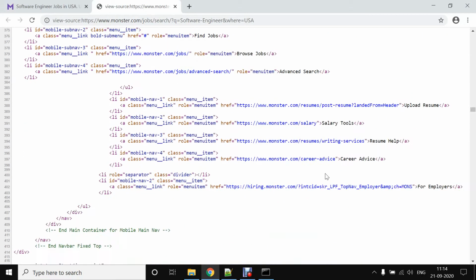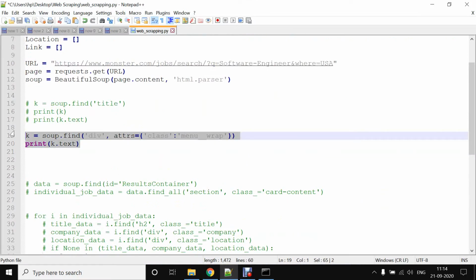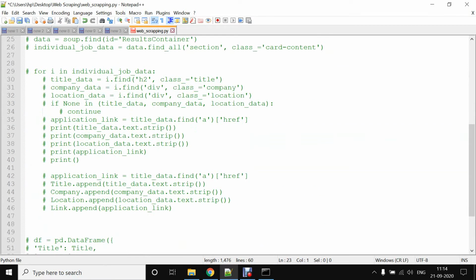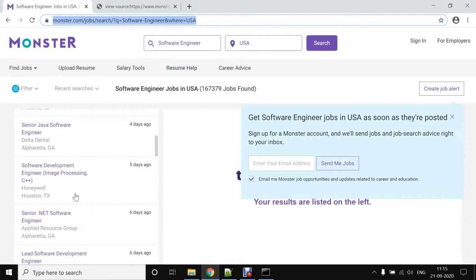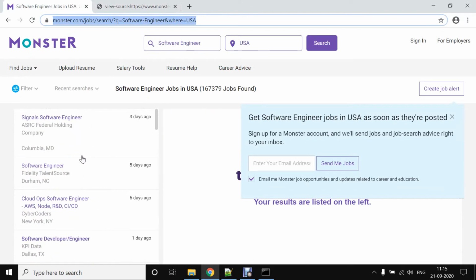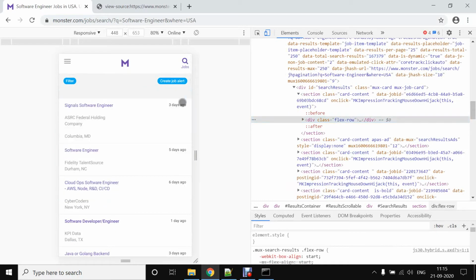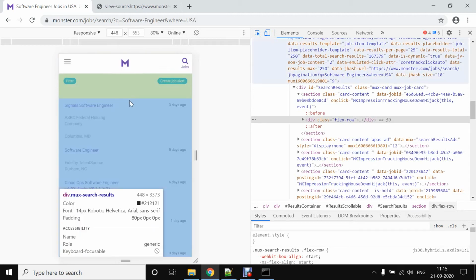Okay, the next part is our motive, which I am going to explain in this video. I will extract all my job search data into an Excel file. You can see all the data is there: position, company, link, everything. Now I want all that fetched data to be converted to my Excel file. So I will click inspect on that. Firstly, I need all this data, so I will select this div tag.